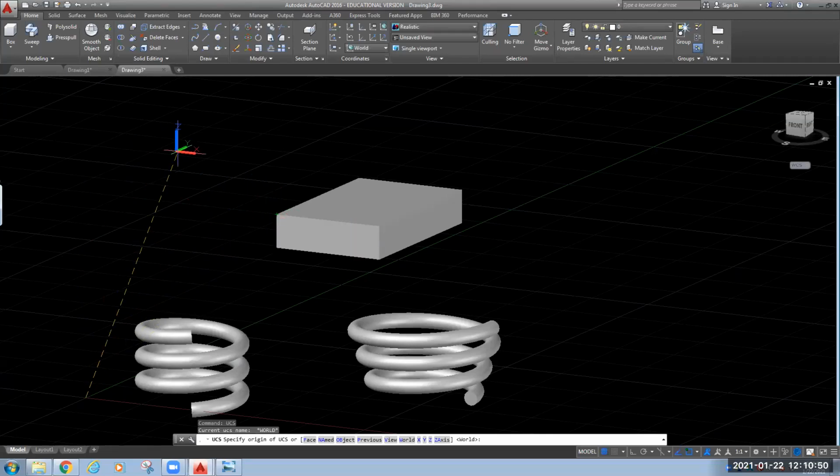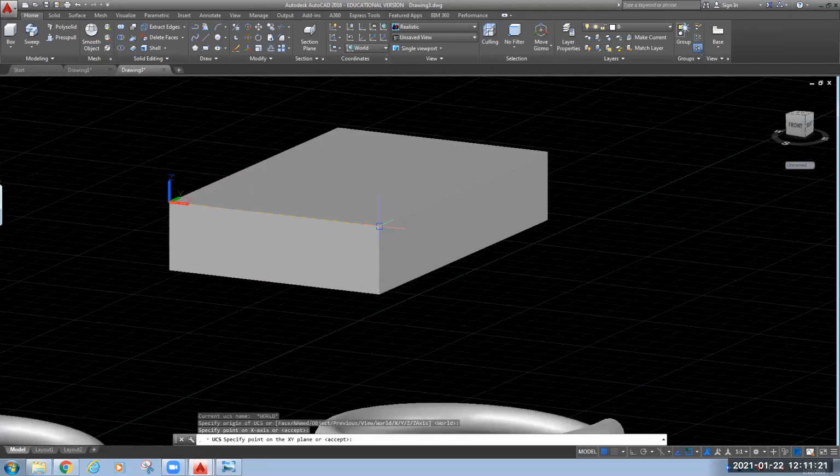It will move wherever you place it. Suppose you want to place it at this corner, you can just click on that. Then it will ask what your x-axis is. If you want to tilt it or change the angle, you can change it from here, at any angle. Suppose first I go with the perpendicular axis, then I will incline it. In this direction I want to move your x-axis and your xy plane.